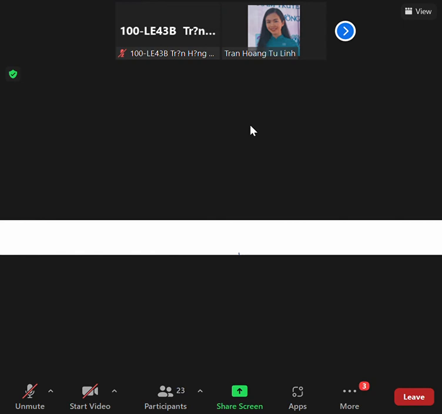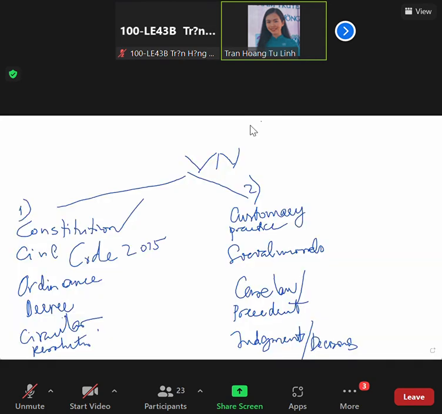I think it might include international conventions. Yes, it might include international conventions. If the contracts involve international elements, then definitely, that is a very good one. With the foreign elements, you need international treaties, right? For example, if it's related to sales of goods, then you need the United Nations Convention on International Sales of Goods,